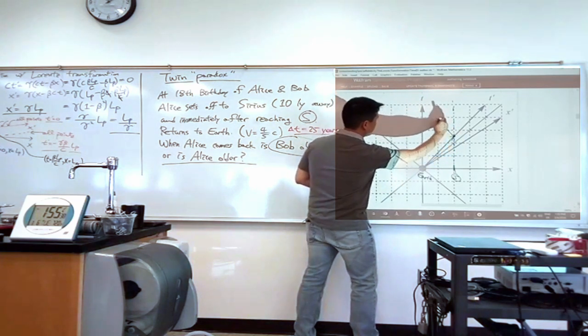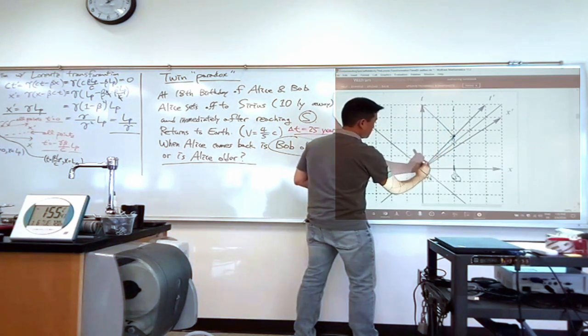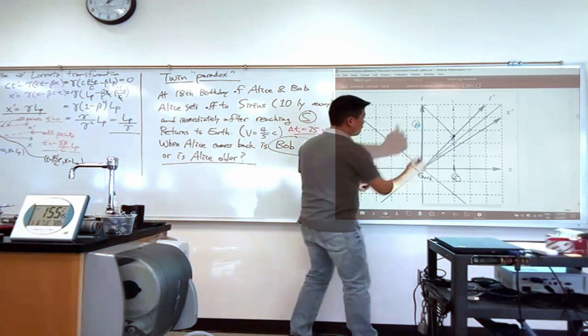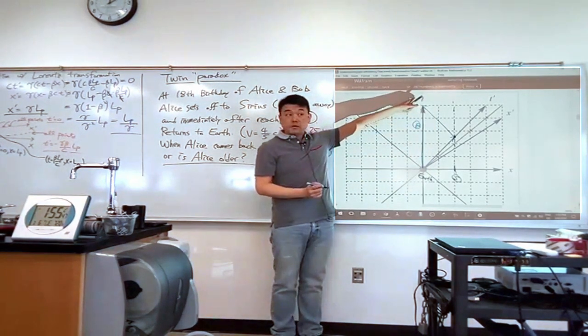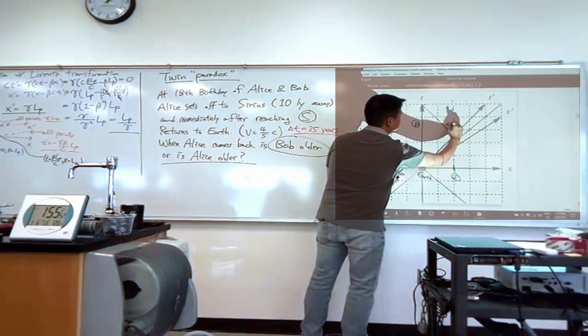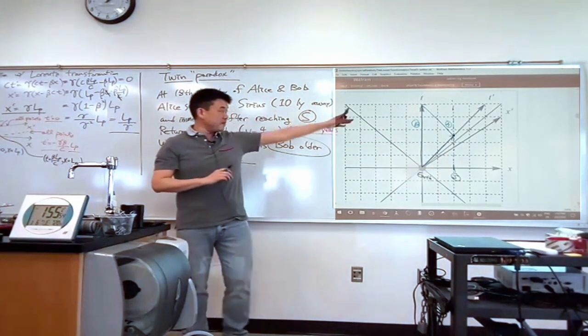So she comes back to Earth at this point. This is the trajectory of Bob, who stays on Earth. Once you draw this picture of Alice's journey and Bob's journey,